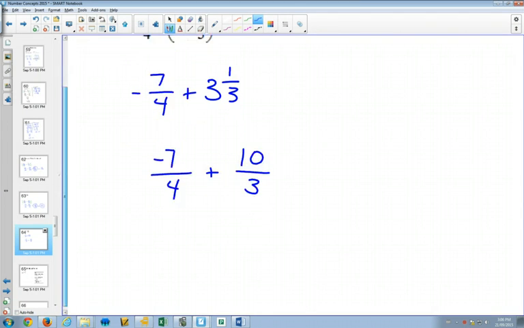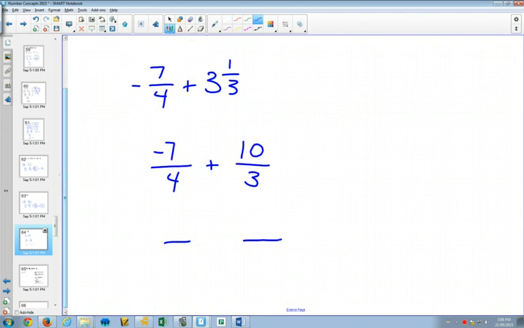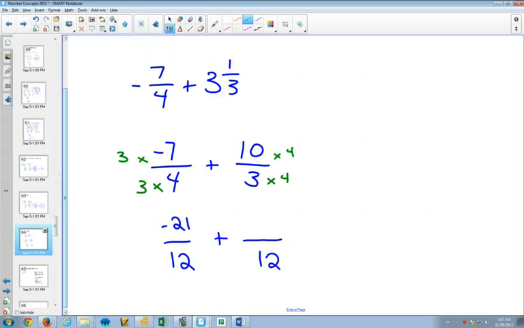So now as a common denominator between 3 and 4, common denominator is going to be 12. That means I have to multiply my 4 by 3. So I multiply the negative 7 by 3, and I get negative 21. The 3 has to get multiplied by 4 to get 12, so I have to multiply the 10 by 4. 4 times 10 is 40. Negative 21 plus 40 is